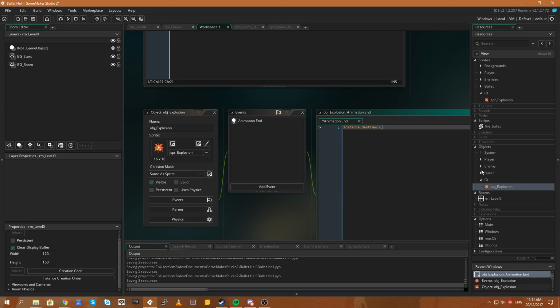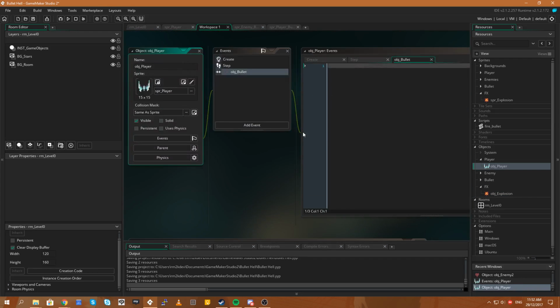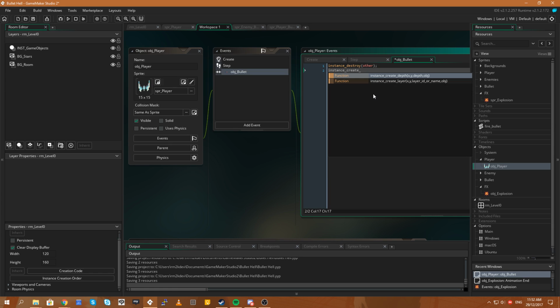Then what we'll do is we'll say when the player collides with a bullet, we are going to create, we're going to say with other. Actually, no, I think we can just say instance destroy other. So we'll get rid of the bullet, and then we'll say instance create, and we're going to create at depth.